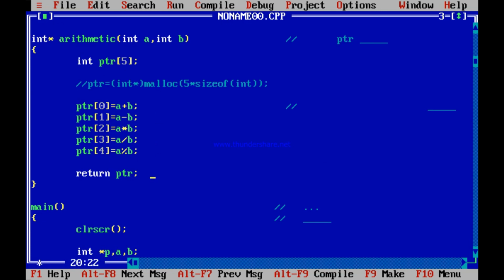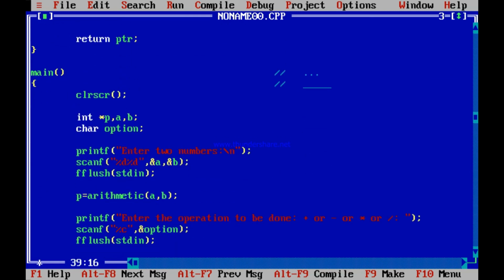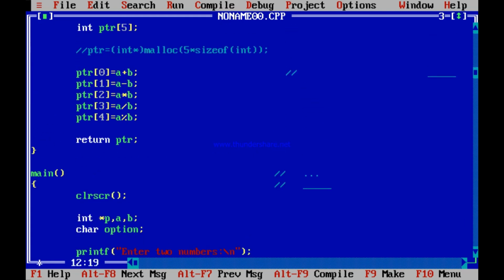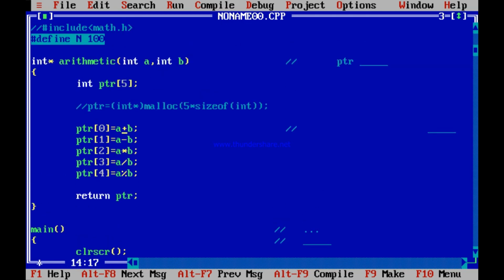When you are returning that PTR, that array remains as it is. You have received it. Do you get this? So this P that you get remains intact if you are using malloc and did not free. But with int PTR[5], when you return, that free is automatic. In an array, do you ever write free explicitly? In PTR[5] expect it will be automatically freed.